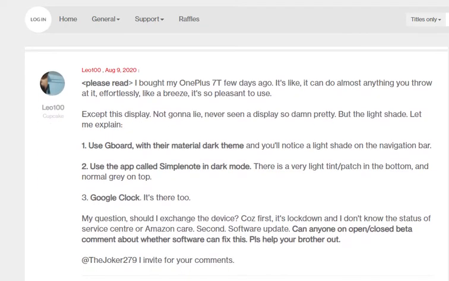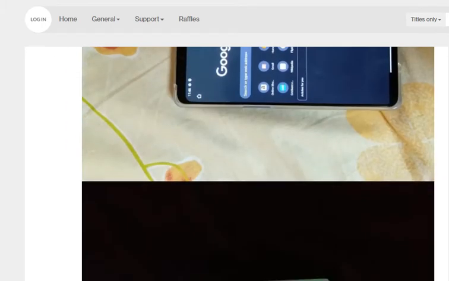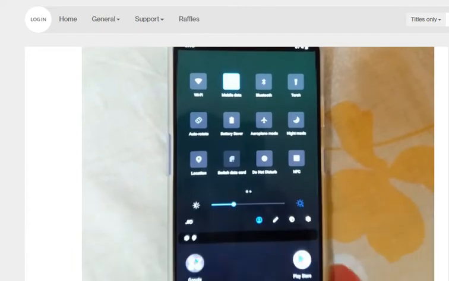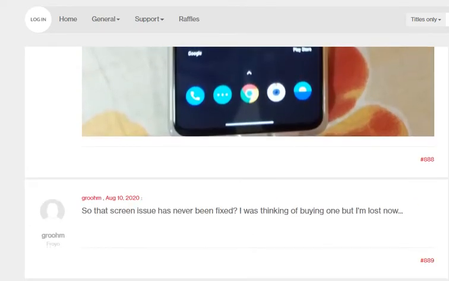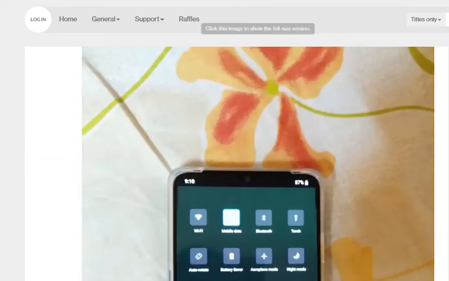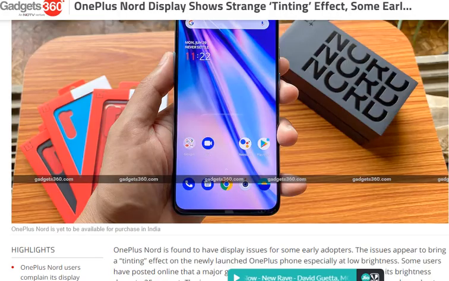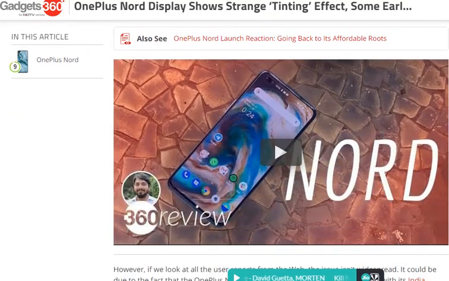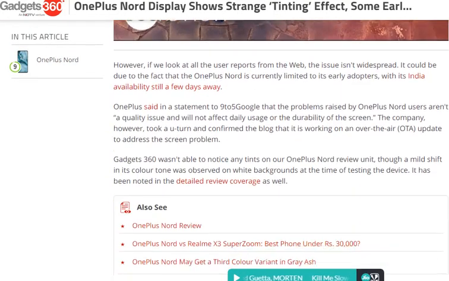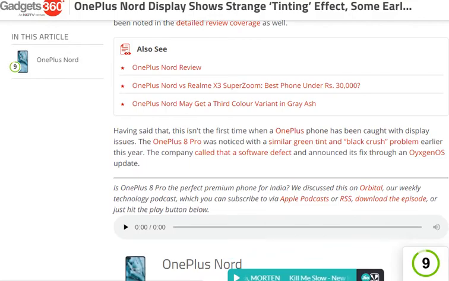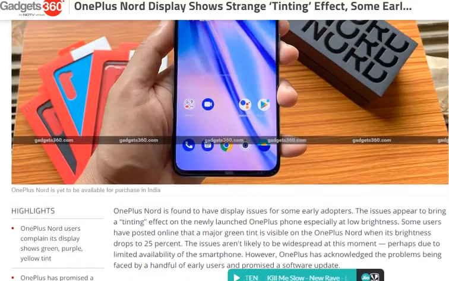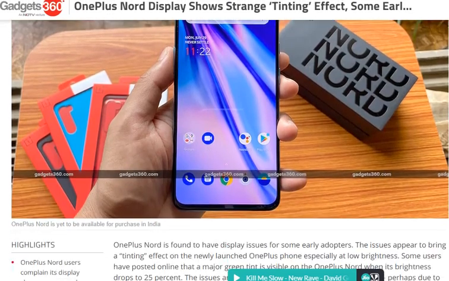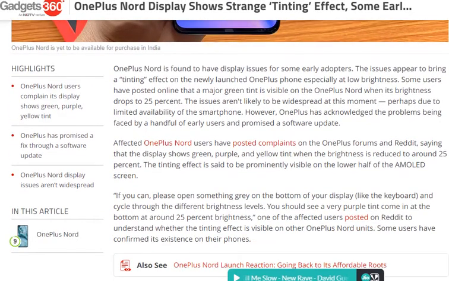Everyone wants a perfect device. After all, they have paid so much money for their phone, so they would always want a device which doesn't have these issues on day one, or any type of issues. So I would say it's up to these companies now, and it's up to people also to make some noise about this issue and bring it to the companies to take some action. And hope we do not see these issues in the upcoming phones.